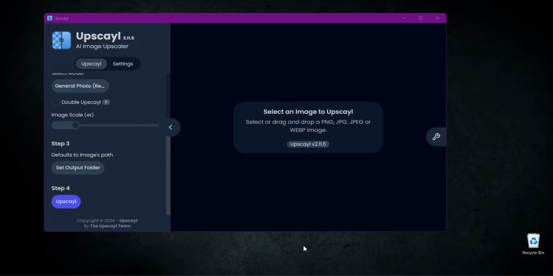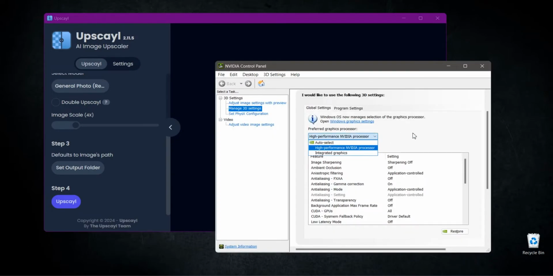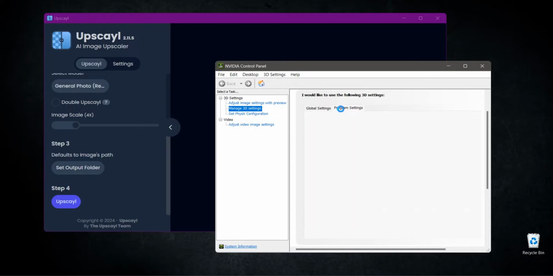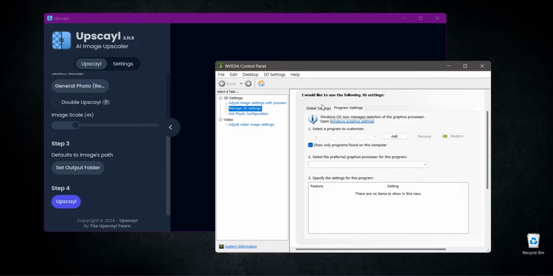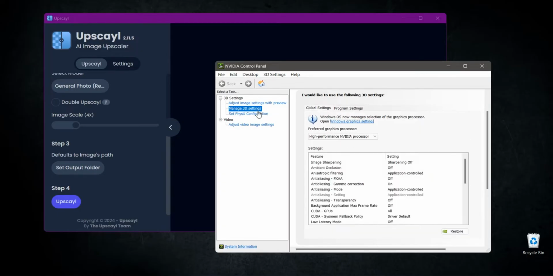So this one is NVIDIA graphics. Here, the NVIDIA settings control panel. This is the setting I have here, the global settings, program settings. For 3D I have here the high performance NVIDIA processor.